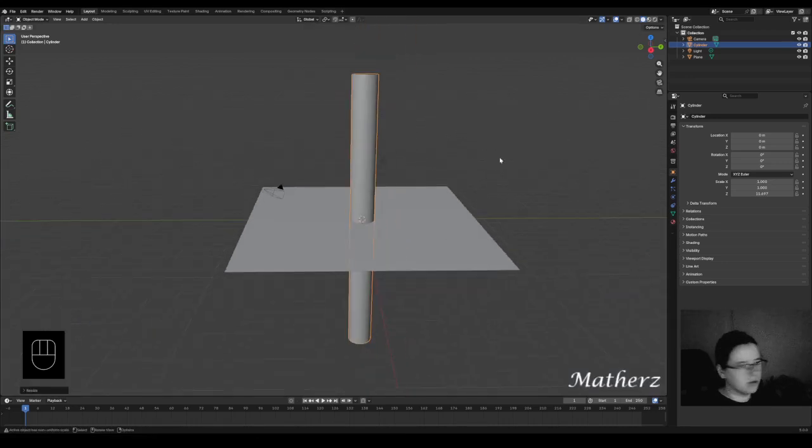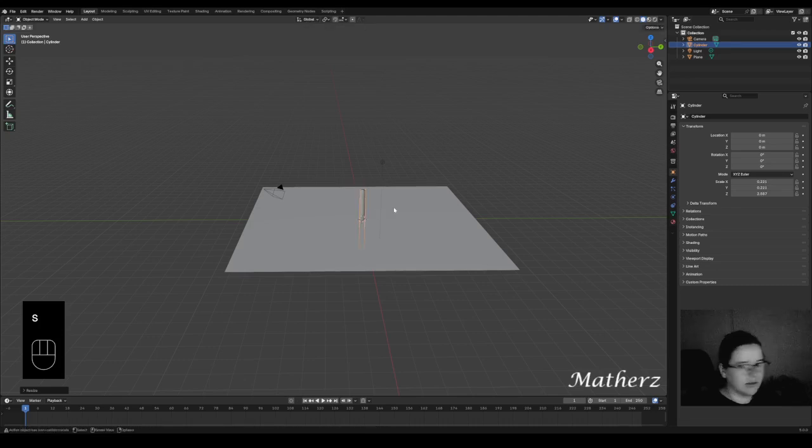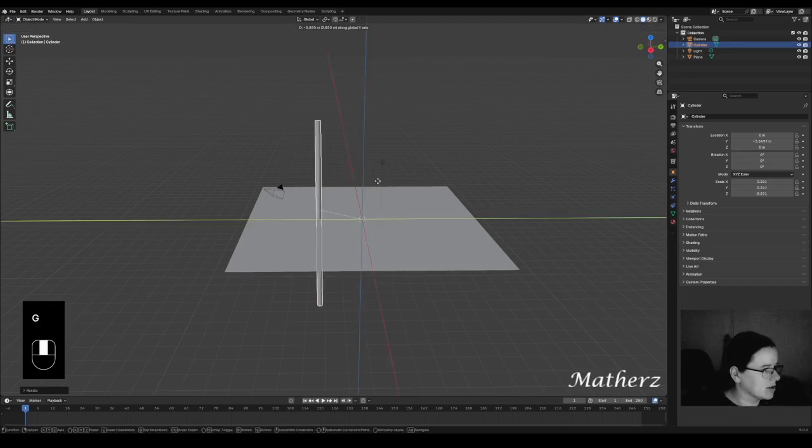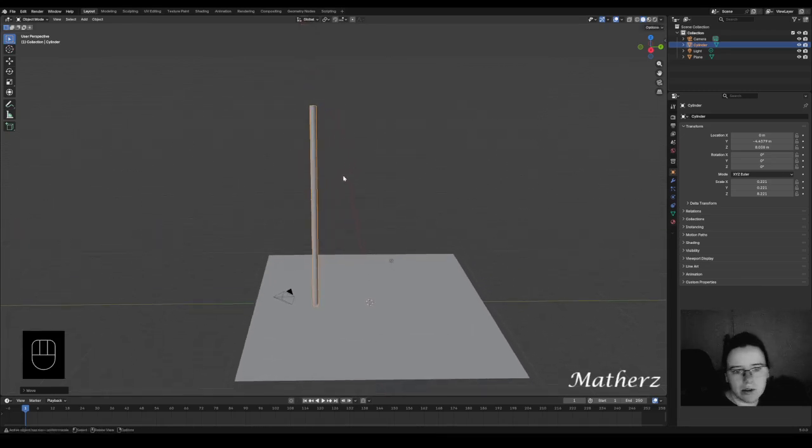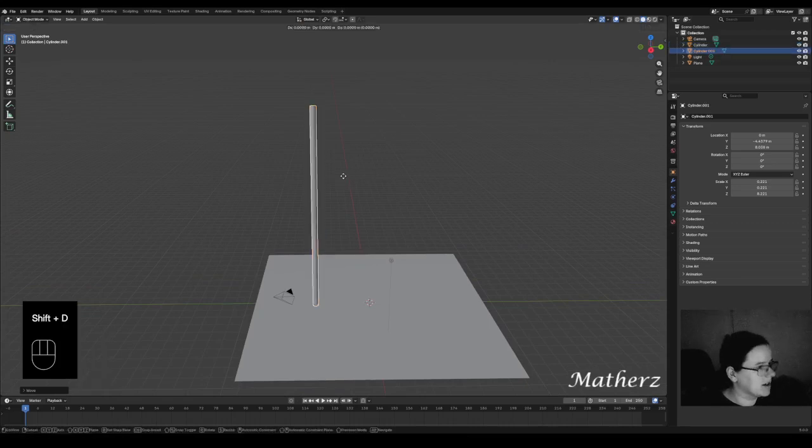We're just going to make two poles for the side for the gate itself. So these will just be the supporting poles. I'm going to make this pretty big so you guys can see it. So let's go with one pole on this side. We'll go Shift D and we'll create another pole on this side, and then we'll go